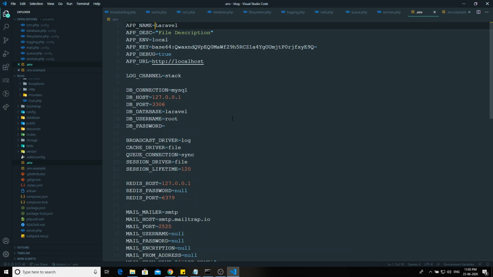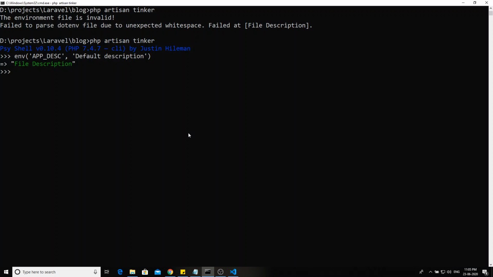This one is the basic .env file. APP_NAME is nothing but our app name, so we can mention it as blog. Here you can give your blog description. This app name and app description, you can use through the env method.